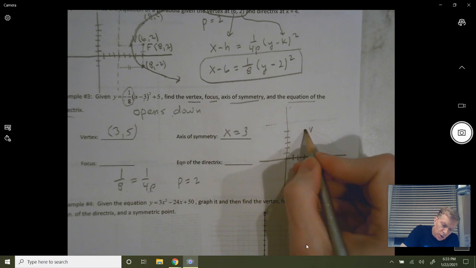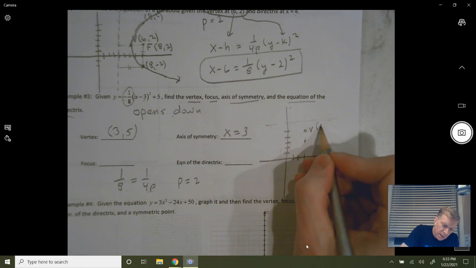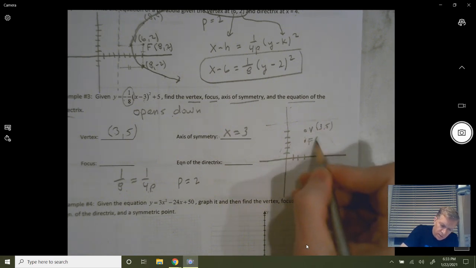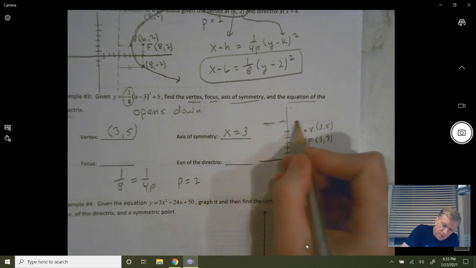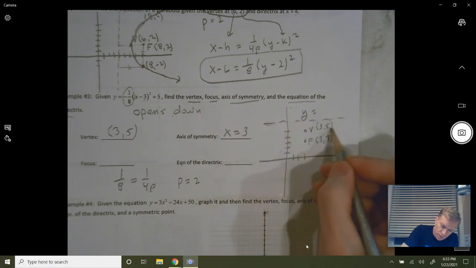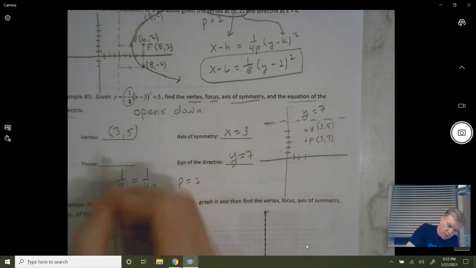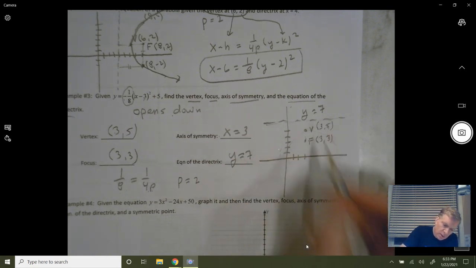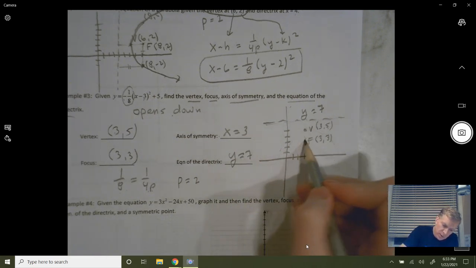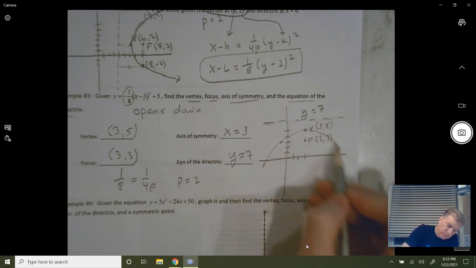So that means you're going to go down 2 to find your focus. The vertex was at (3, 5). If I go down 2, my focus is at (3, 3). I'm going to go up 2 and find the equation of the directrix, which is going to be y equals 2 up from 5, so y equals 7. And the focus is (3, 3). Okay, I'm a visual person, so I like to draw this. You don't have to, but if you want to finish drawing, you go 4 left, 4 right. You get something that looks like this. Okay. Next one, given the equation y